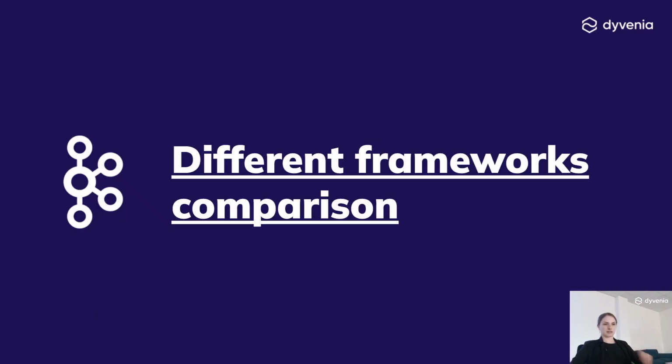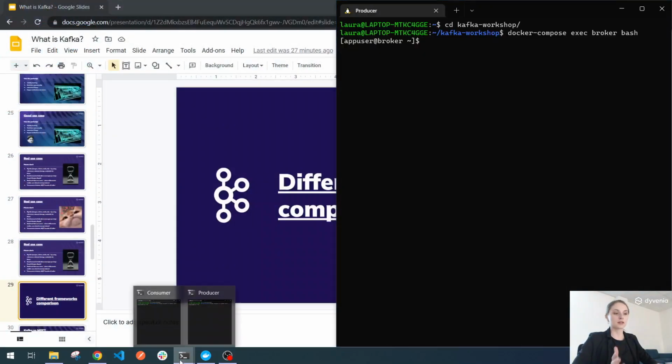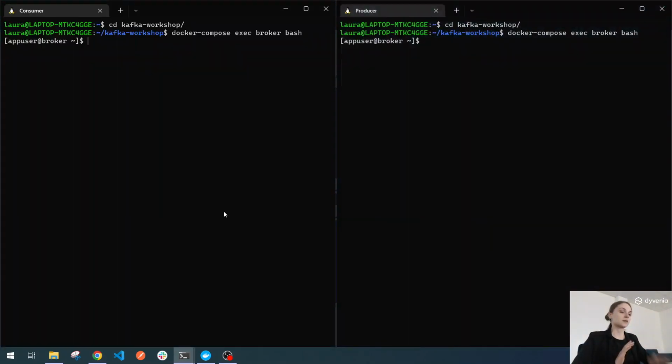Okay, I'm gonna in a second talk about different frameworks, but first I would like to show you a very basic demo on how to set up your topic and producer and consumer in Kafka. I already have configured Kafka here with Docker and everything. It took some time, so I'm not gonna ask you to do the same because it just takes a lot of time to set it up. But I already have it started.